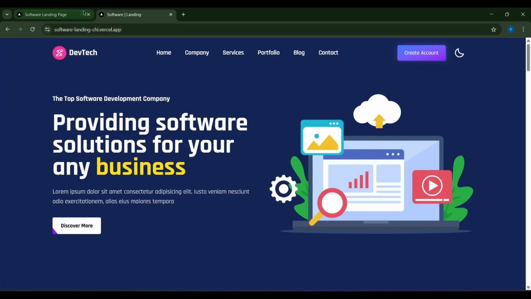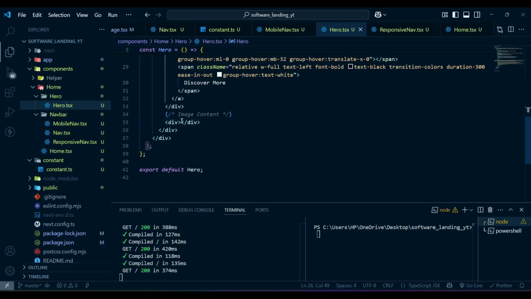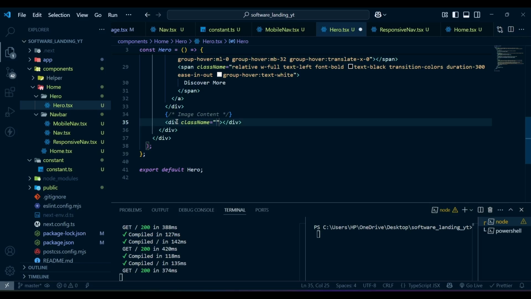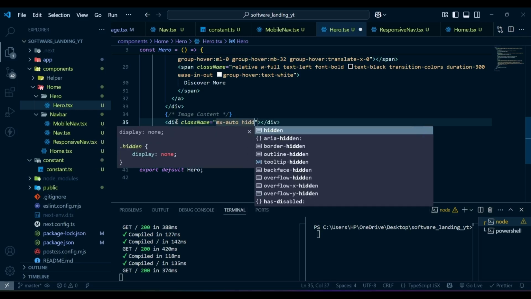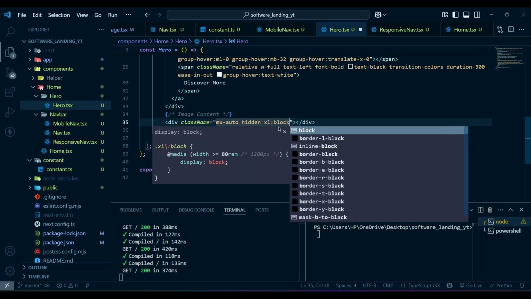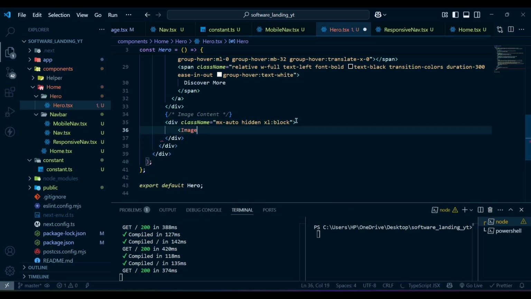Next we have the image here, so let's go to our project, and inside this div we have our image. So first let's add some class name for the div. So the div will have an image of auto, and this one will be hidden in the mobile devices, and in the externals we are going to make this a block element. Now inside this div we will have our image from next image,